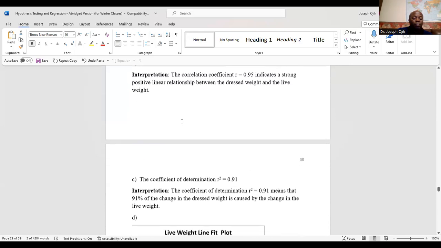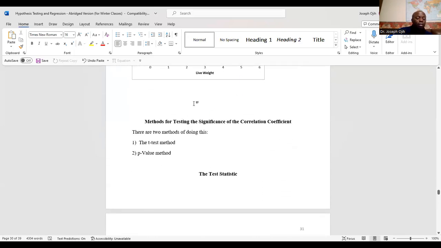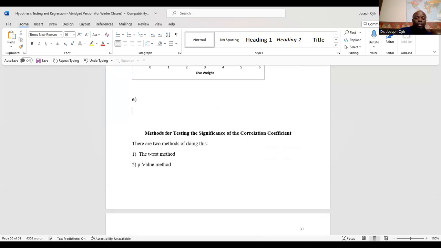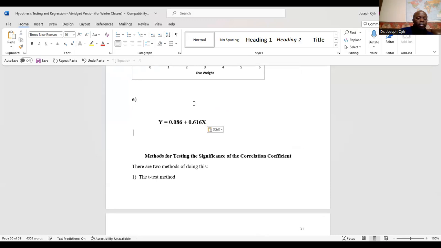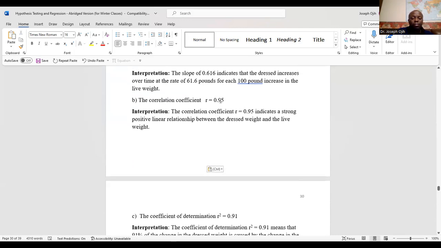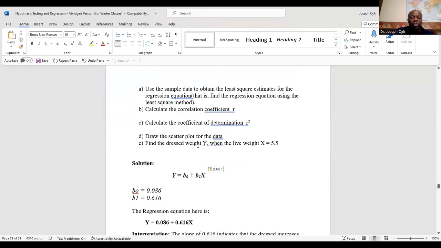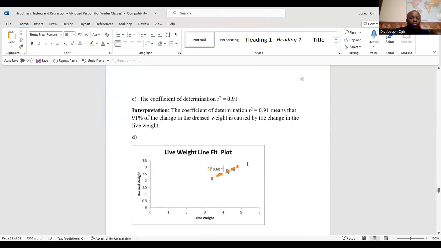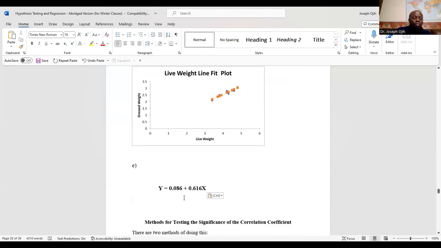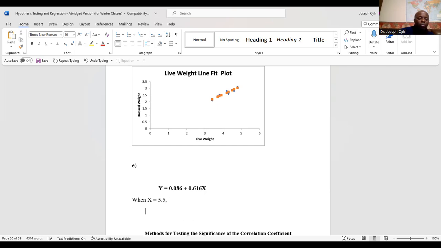Part E. So put the part E right here. Part E again says to find the dressed weight Y when the live weight is 5.5. So when X equals 5.5, then the dressed weight Y becomes equal to